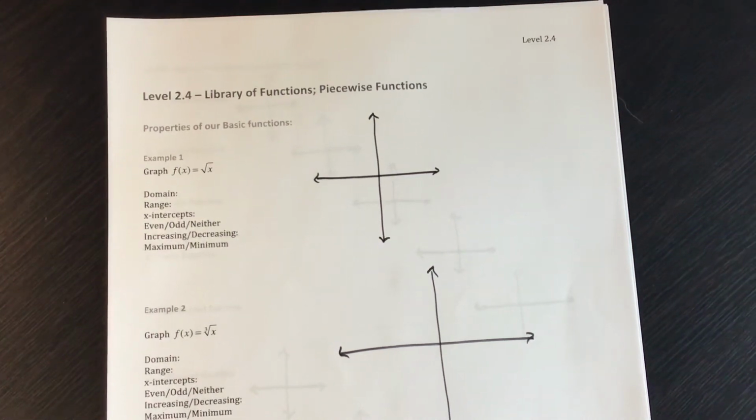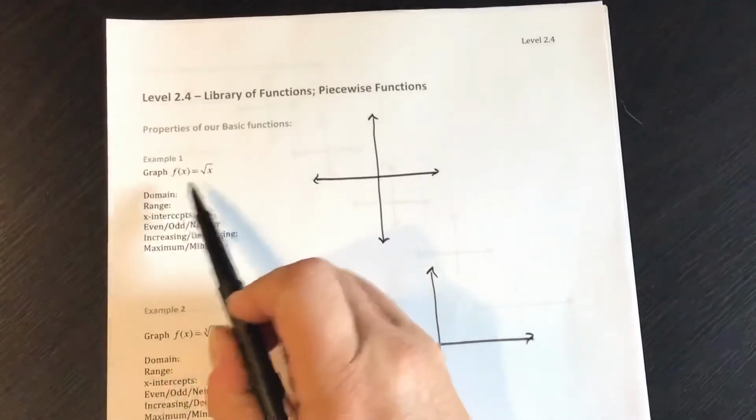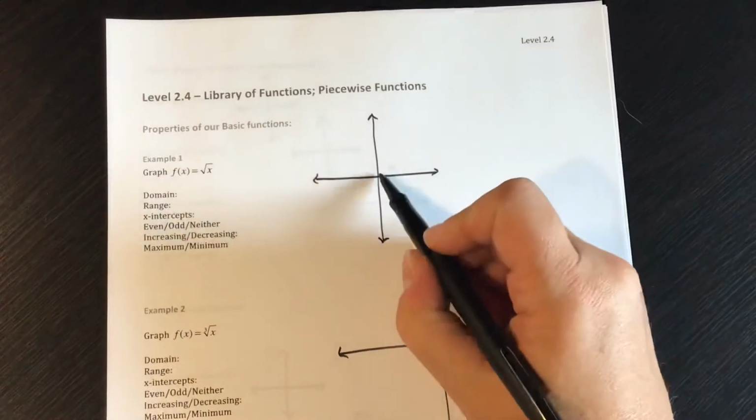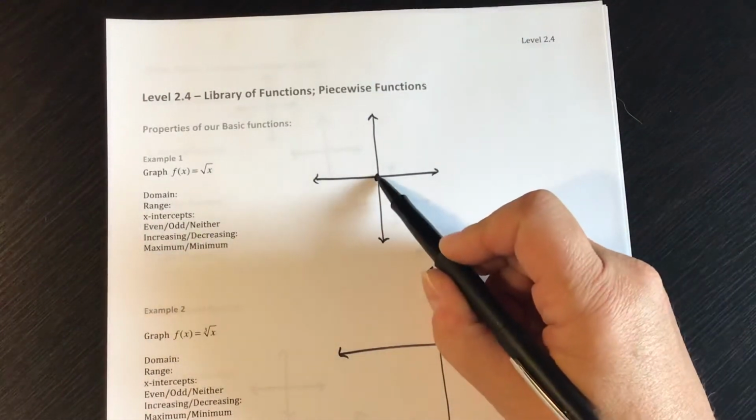In this lesson, we're going to look at lots of different functions, and we're going to look at the shape that specific functions take on. This first function here is a square root function, and without making a table of values, if I were to